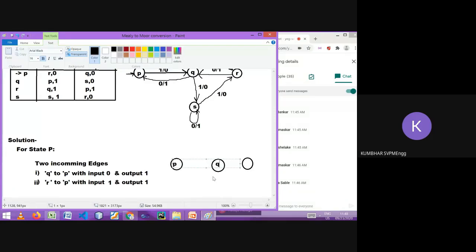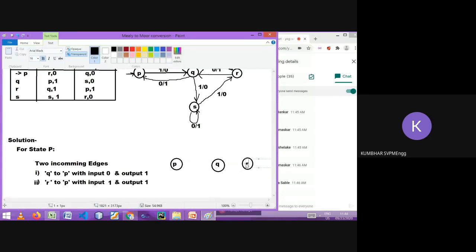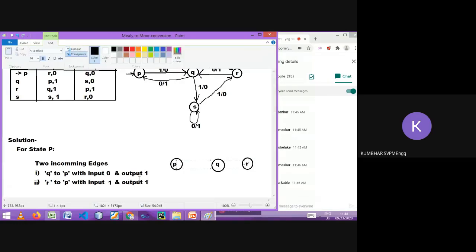This is Q, and the third state is R. Right now, don't concentrate on Q and R. We have processed P. For P, we know that both the incoming edges are giving output 1. That's why I will write here output 1. Are you getting me? Why have I written output 1?